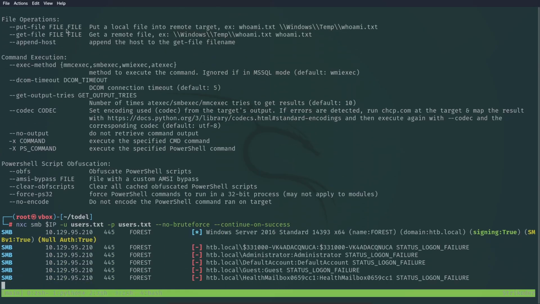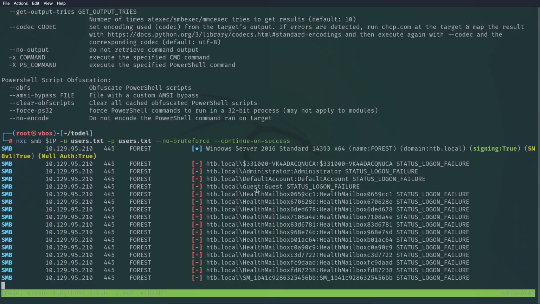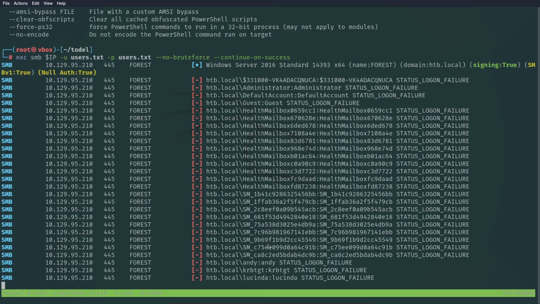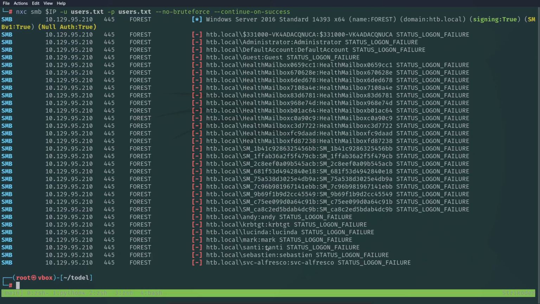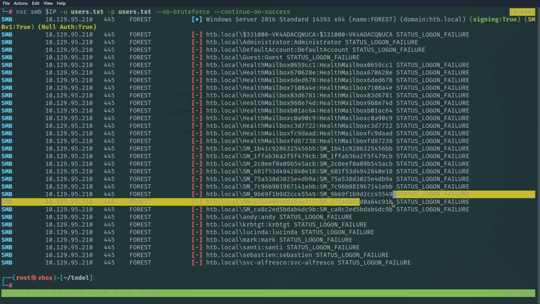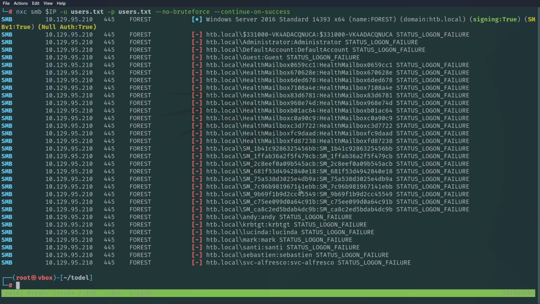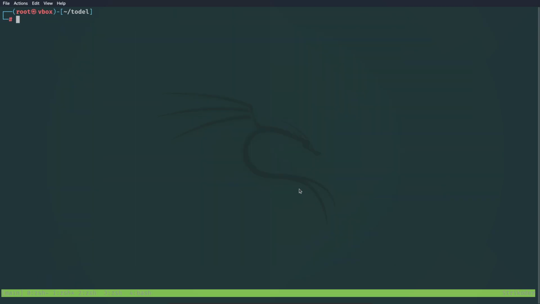In this way you would see administrator with administrator, guest with guest, Andy with Andy, because it's not logical to see Santi having Mark as a password, unless the password was randomly generated by an application or whatsoever. But in our case, I would skip that and let's go to no auth Kerberos, and we need to provide